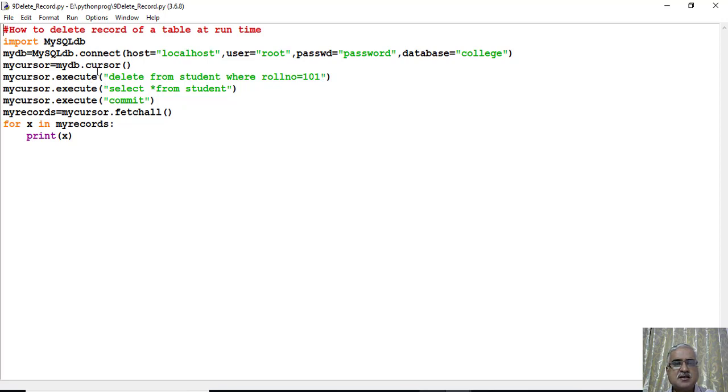After executing this statement, we are executing one more statement, that is select star from student, to check whether this particular record is deleted or not, and mycursor commit, execute commit, is used to store the result. The result written by the database is stored in my record, and that is printed by using for x in my record. And fetchall is a method which shows all the records written by the database server.